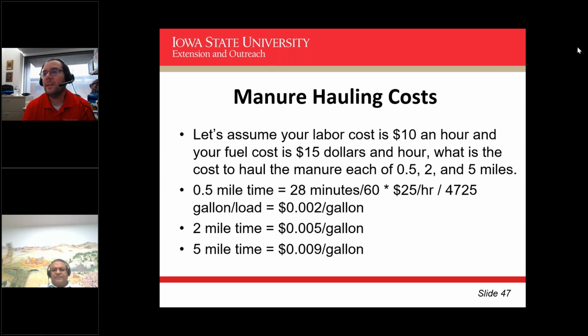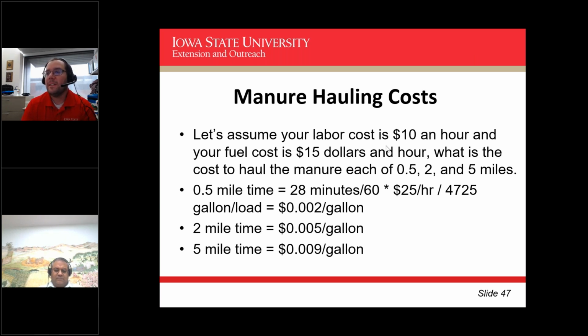But if you start penciling out what that might cost, right? Let's just say labor cost is $10 an hour. I'm probably low. I work at Iowa State and I can hire students at $10 an hour, so it's what I picked. And I'm not paying any insurance on that, right? So clearly in the real world, we'll probably have to crank that number up a little bit, and a fuel